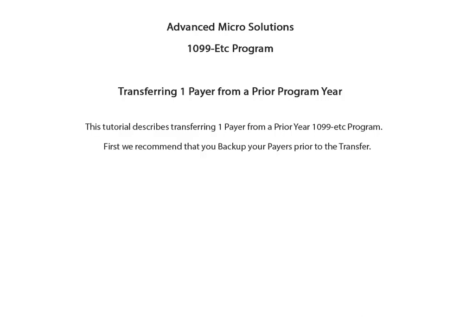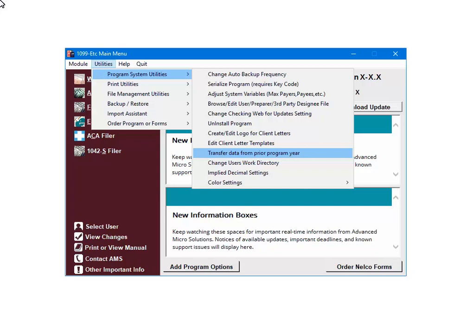This tutorial describes transferring one pair from the prior year 1099 ETC program. First, we recommend that you back up your pairs prior to the transfer. First, make sure that if there are multiple users, everyone is out of the prior year and the new year